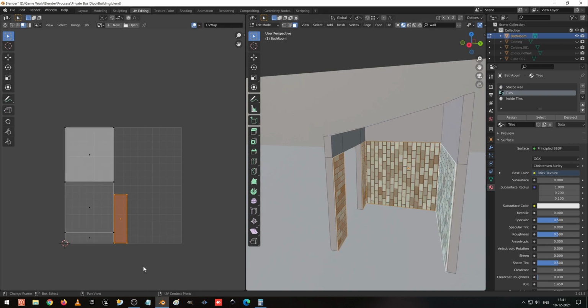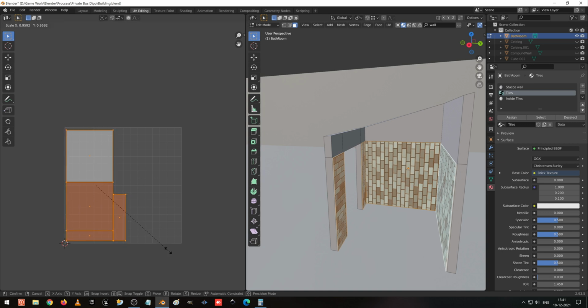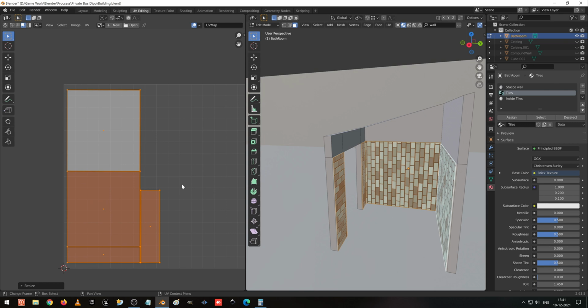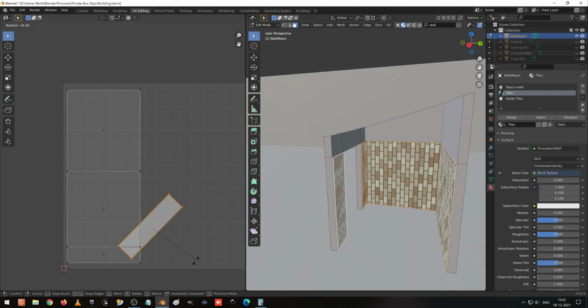Sorry, right click to cancel. I select everything, S to scale, or we can rotate this and see, rotate 90, enter. So now I press G to move, I move it, align it here like this.